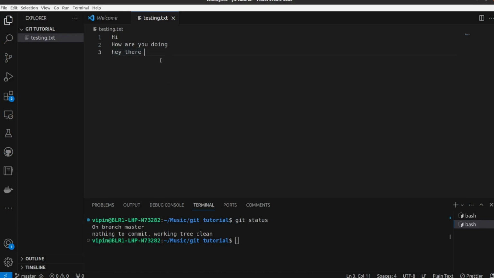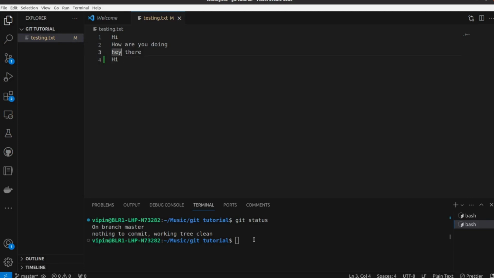Let me add something here, "Hi", and save it with Control S. As you can see, we are getting one option here, M, which means modified.